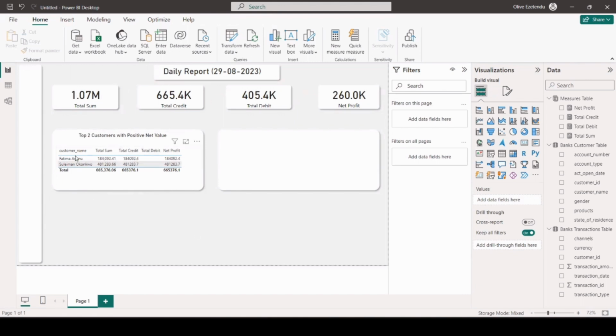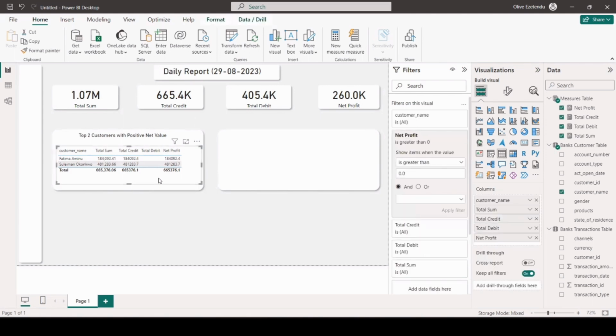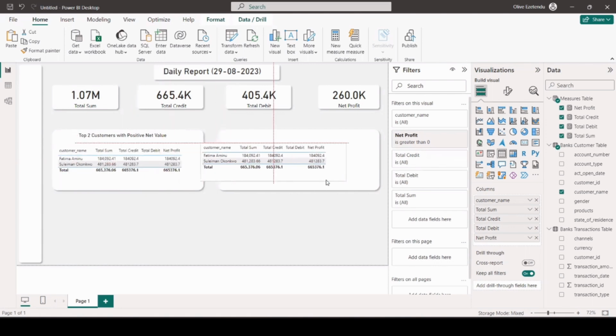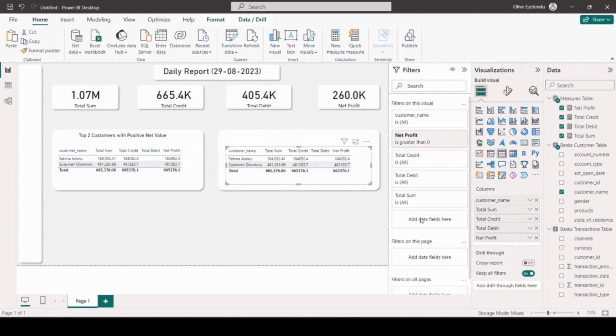So this is what we are looking for, top 2 customers with positive net value. Now let's go to the negative and see. So I'm just going to copy this and paste it, and I'm going to drag this here. So now that we're here, let us go and see our top 2, that's if we have up to top 2. So we're just going to go back to the net profits,